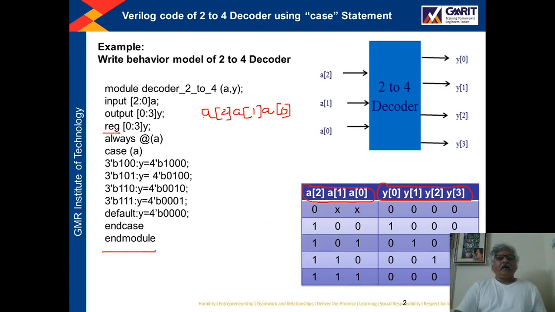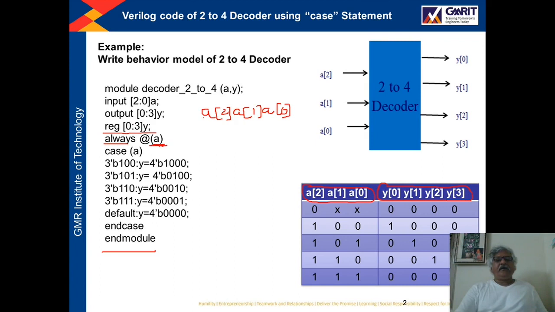Now reg [0:3] Y. With this statement I am creating a register type variable, and the four elements of this register type variable are Y0, Y1, Y2, Y3. Then the next statement is always @(A).